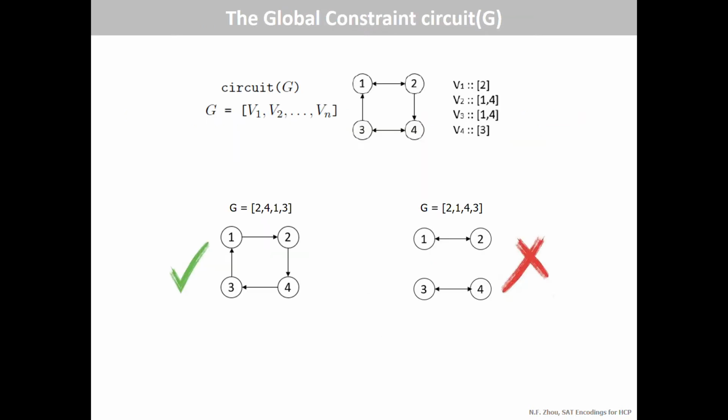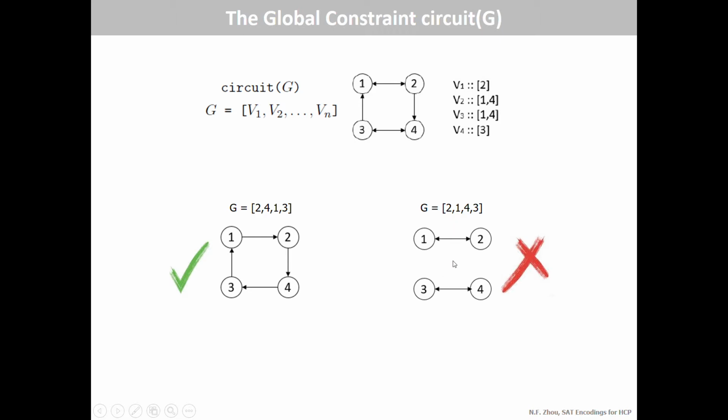Since HCP occurs in many combinatorial problems, CP systems provide a global constraint named circuit for the problem. Given a graph G represented by a list of domain variables, an assignment of these variables satisfies this constraint if the assignment represents a Hamiltonian cycle. So for example, for this graph, this assignment 2, 4, 1, 3 satisfies the constraint. However, the assignment 2, 1, 4, 3 does not satisfy the constraint because this subgraph